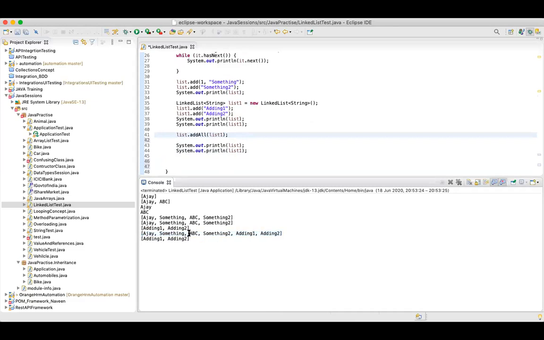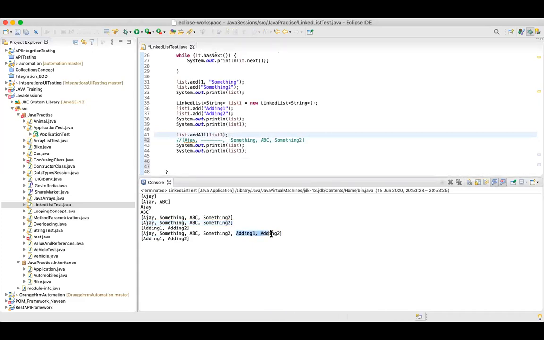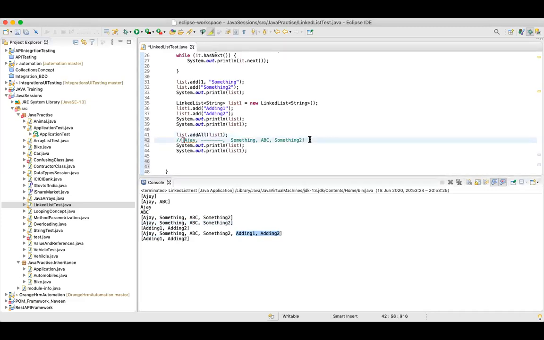Now let's say my requirement is, this is my main list. Let's say there is some requirement in the project or in your code that you have to add all these elements in list 1 after the first element. So I want to add all those elements over here. But when you say list.addAll(list1), it will be appended in the end. But you do not want this, right? You want something else. Your main motto is to add these particular elements at a specific location, so you want to start from index 1.